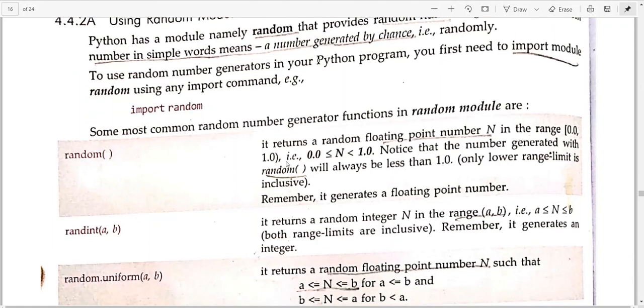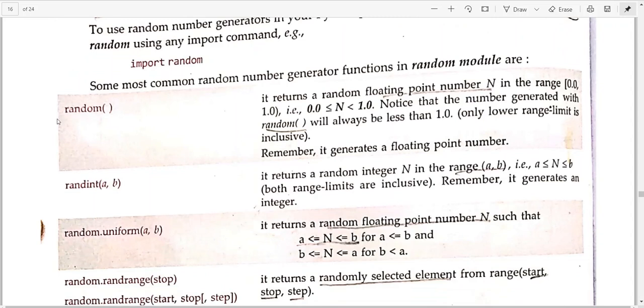Okay, so there are various functions inside this random module, so we will be discussing them one by one. So first function is the random function. See, this function will not take any specified range because you have not given any parameter inside it. So the valid range for this particular function is from 0.0 to 1.0. Okay, firstly the point you should note is that it will return a random floating point number. It will not return an integer, it will return a floating point number, and that too in range from 0.0 to 1.0. Okay, it will not exceed this and it will not be lesser than this.